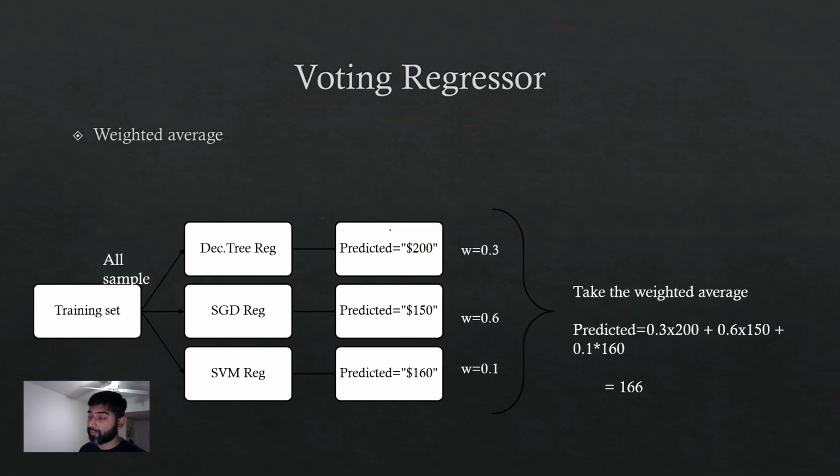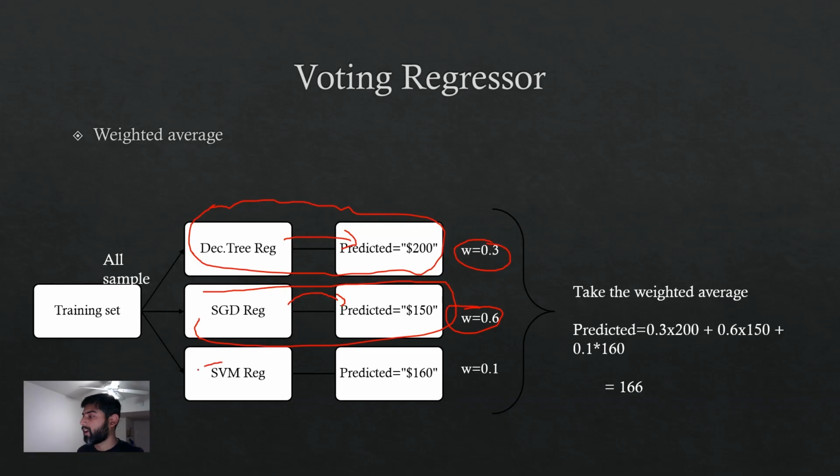But if you use a weighted average, thinking that might improve accuracy, you want to use weights. You think that the decision tree makes very poor predictions these days, so I want to assign a weight of 0.3 only to the decision tree. I think my reliance on support vector machine in the past has been really good for this kind of data set, though I'm taking some feel from the decision tree, but I want to really rely on the SGD regression, so I assign it a weight of 0.6.